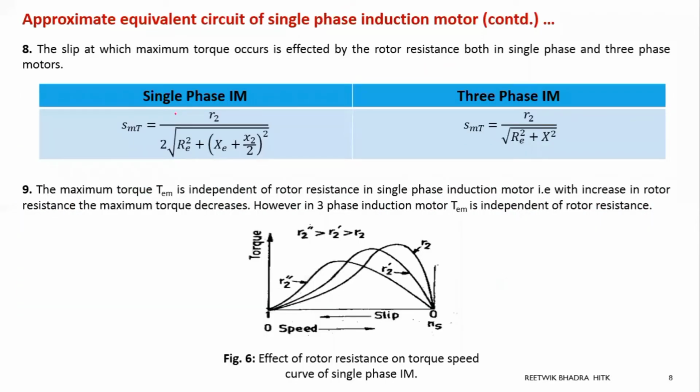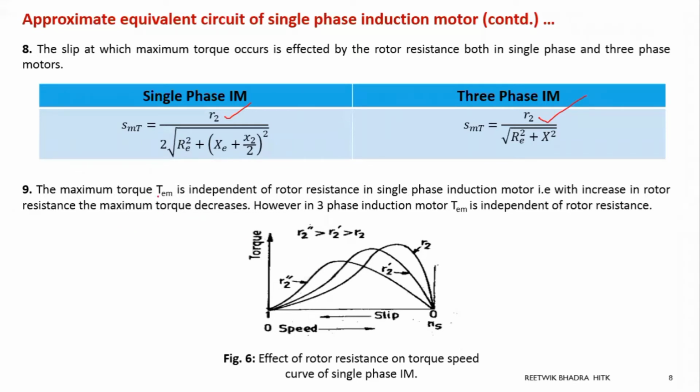So over here, first, if you write the Smt, you will see that Smt is almost similar to this equation. There is an X term over here, there is an Xc and X2 term over here. Magnitude will obviously differ because Re, Xc all are different. We are studying the dependency on your R2. Smt, you see, for both single phase induction motor and three phase induction motor, will be dependent on your R2.